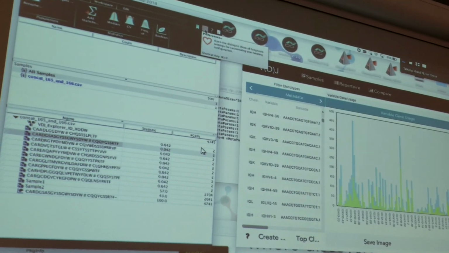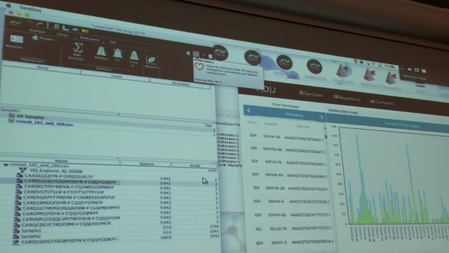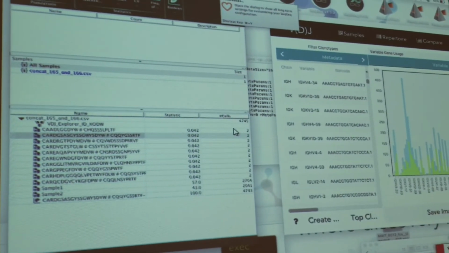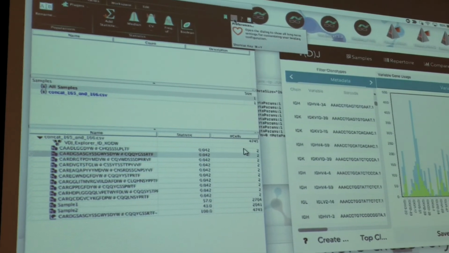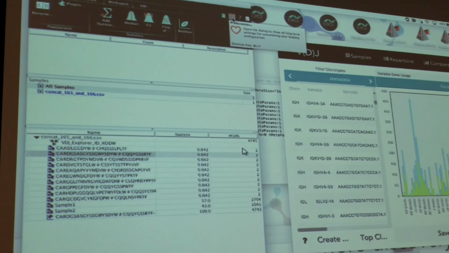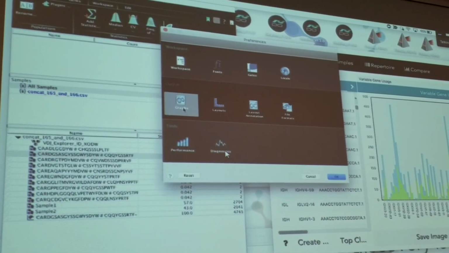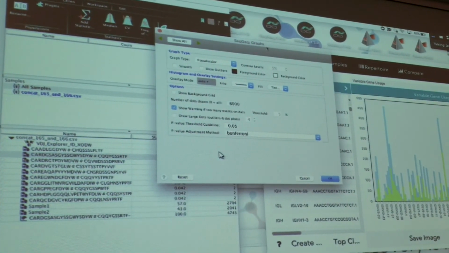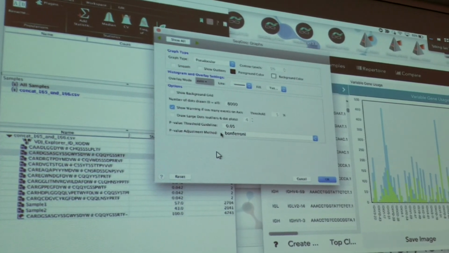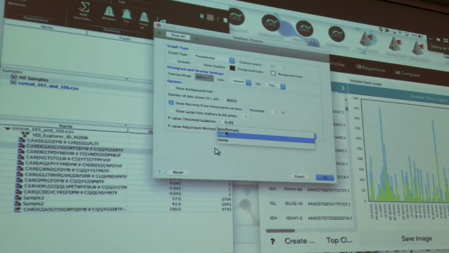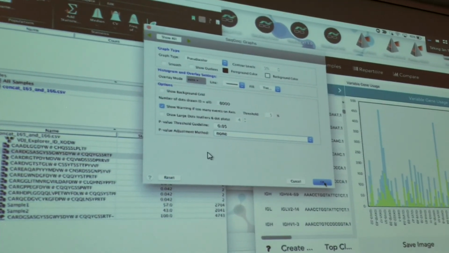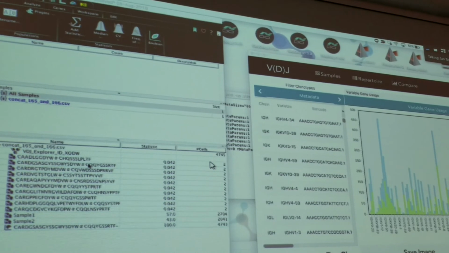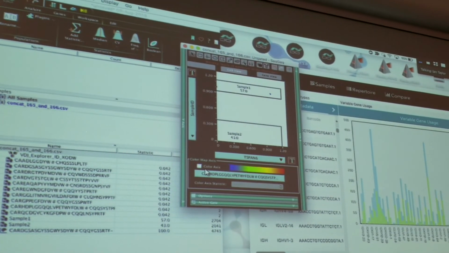The other thing to keep in mind is that when we do our p-value calculation for differential expression analysis, we do a Bonferroni correction for multiple observations. And here we'll only have two observations. So we need to change that, probably just turn it off. I think it's in the graphs section of the preferences. The p-value adjustment method can be changed to false discovery rate, Bonferroni, or just turned off. Currently it's on. So if I turn that off, and just open up the raw sample,